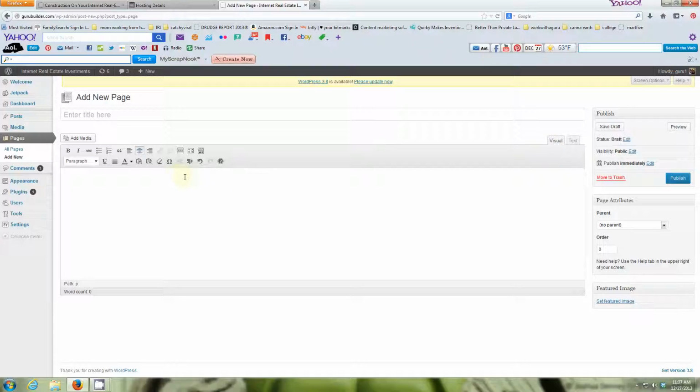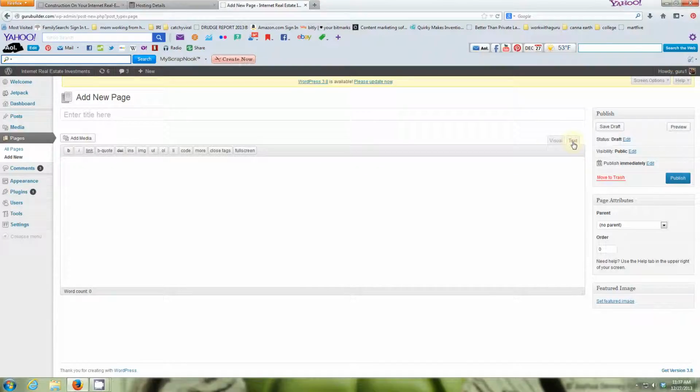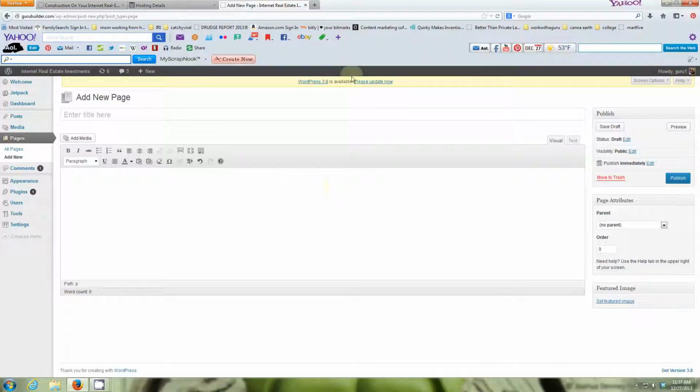When you put the code in, you do not put it here. You put it right here. See where it says visual and text? You're going to want to go under text. And you're going to want to put that code there. And it'll bring you a video here. And to kind of walk you through that real quick,